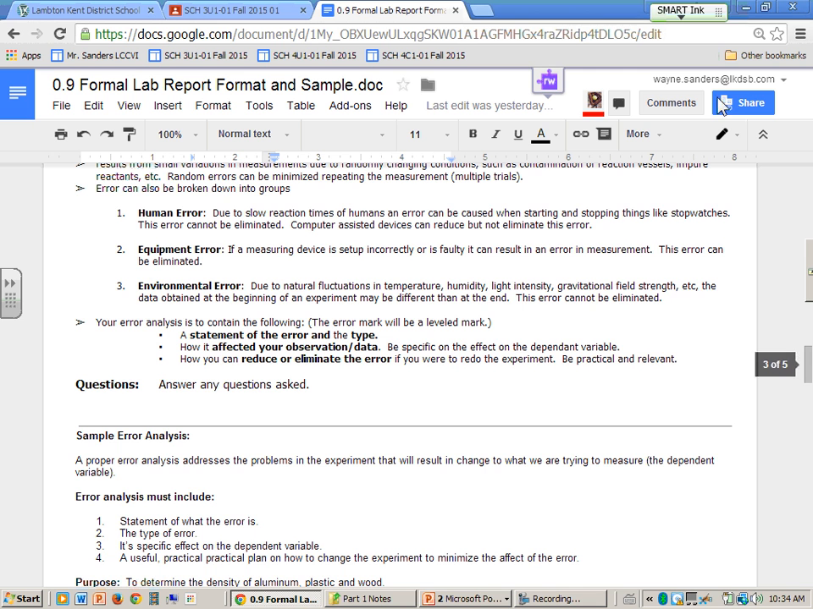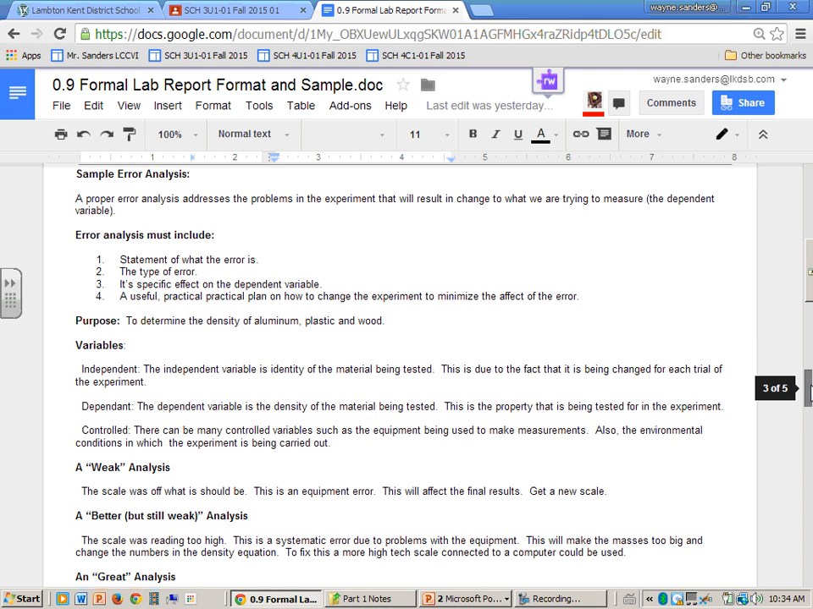So before we talk about the mark breakdown, I want to just do one more little example of the error analysis. Notice here, I've added another section. So here it says, state what the error is. Oh, I forgot. There's a second part to it. Tell me the type of error. Is it systematic or is it random? You can use equipment error. You can use